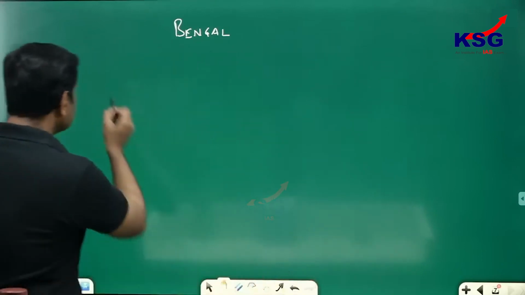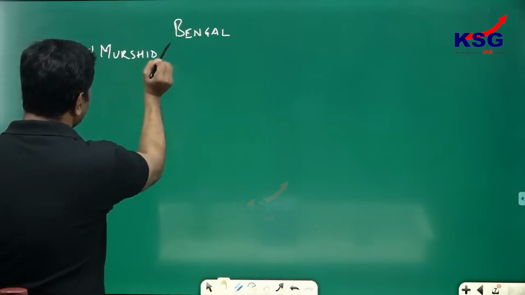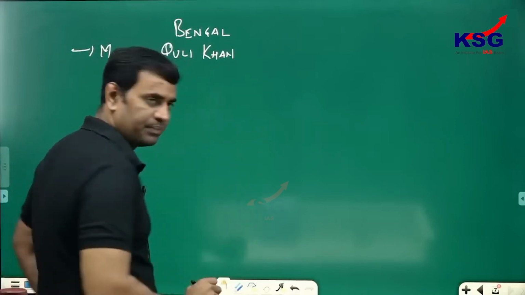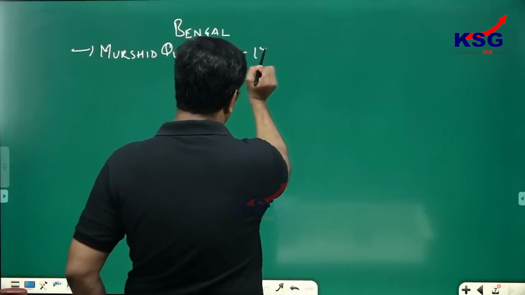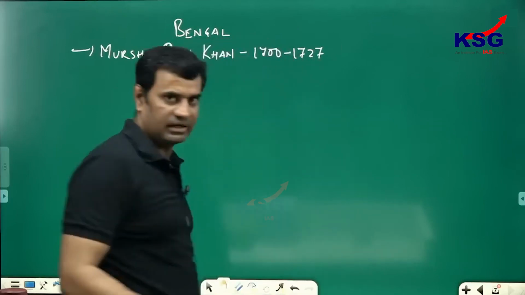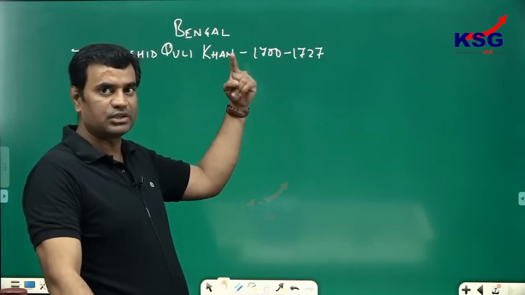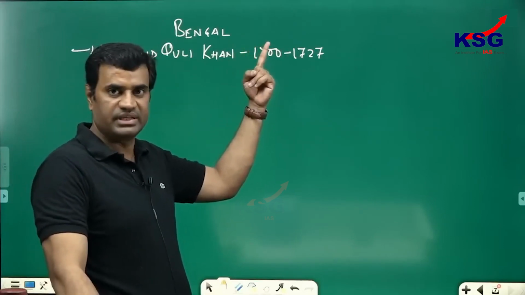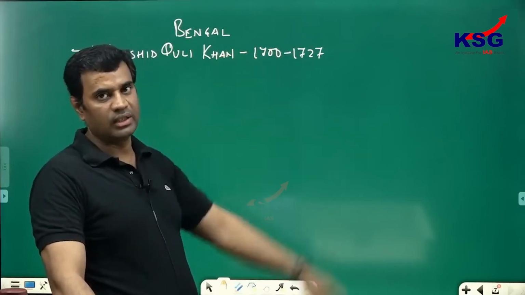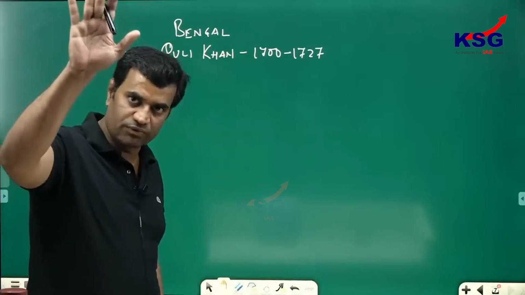The province of Bengal became prominent under the rule of a Mughal governor, Murshid Quli Khan. He became the governor of Bengal in 1700 and remained on this post till 1727. After the death of Mughal Emperor Aurangzeb in 1707, Murshid Quli Khan began to rule independently over Bengal, which even included the provinces of Bihar and Orissa. For prelims, the chronology of rulers is important.